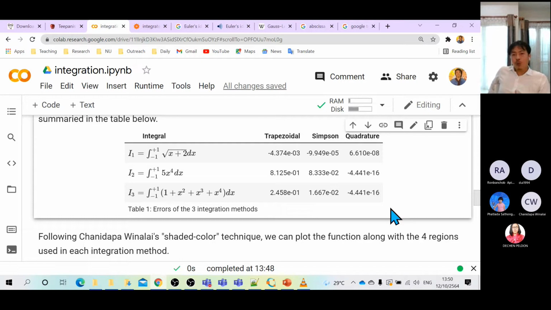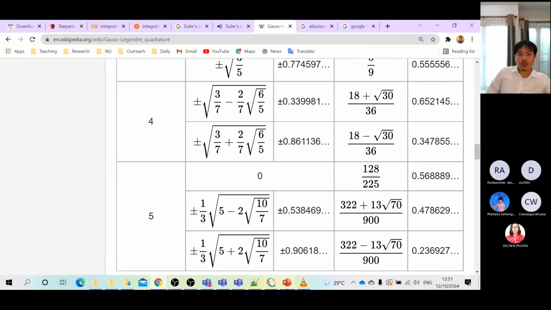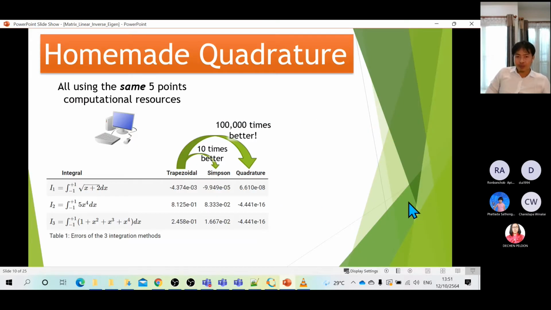magic. Now we are going to do that ourselves to practice how we can use matrix and vector to solve problems. Again, it's not that important for you to look at the details, but the skills are much more important. The skills of how you visualize things in terms of matrix and vector. So let's do our homemade quadrature. This is called the Gauss quadrature, but let's do our own quadrature. Let's go back to the